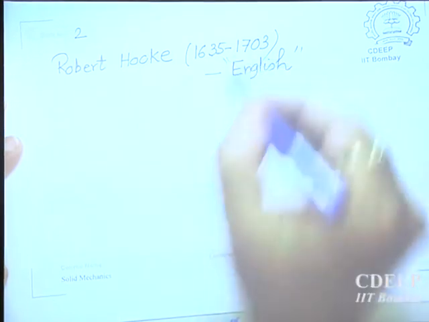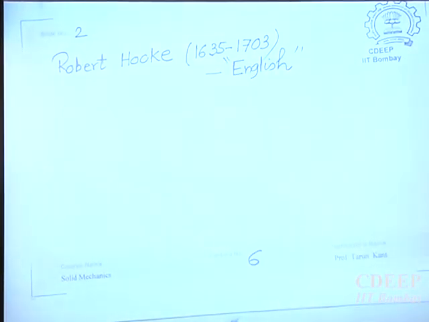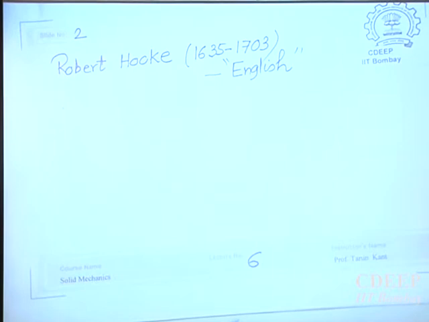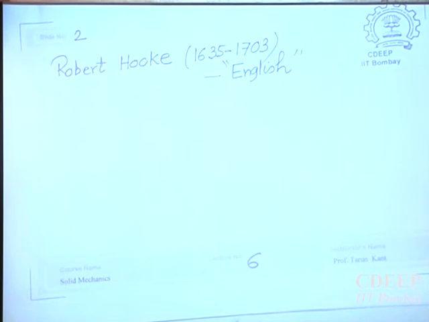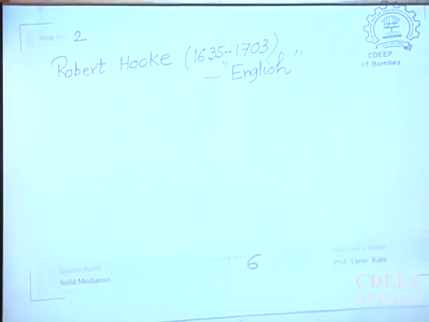In the olden days when our country was under the domination of the British, we called it England. But when you go there, you find England is only one part of the total British Empire. Then you have Wales, Ireland, Scotland, there are so many. But the English people think they are the masters, the rulers. So he was an Englishman, and this law is named after him, Robert Hooke, Hooke's law.